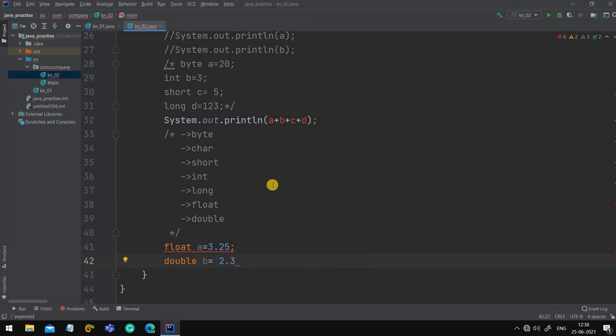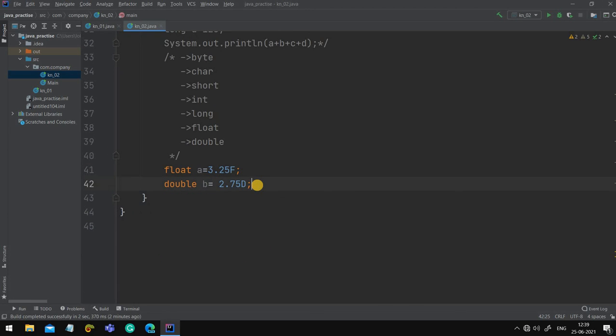I had not commented it out, that's why it was showing an error. Now it is double and it is float, and there is no error.